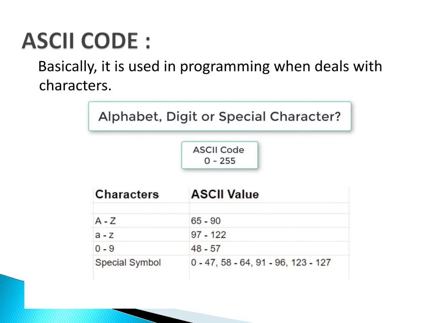Then if you want to see 0 till 9 with the help of ASCII code, then you have to remember 48 till 57, and so many different special characters with me. For example, question mark, asterisk, comma, semicolon. Every type of special symbols, characters are present in between the other numbers.